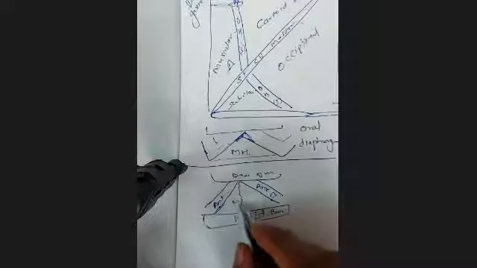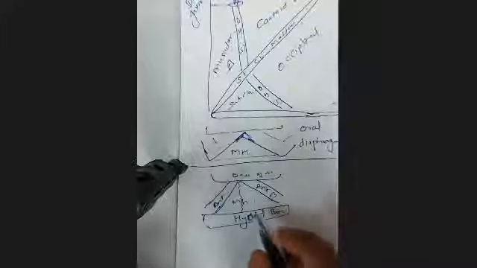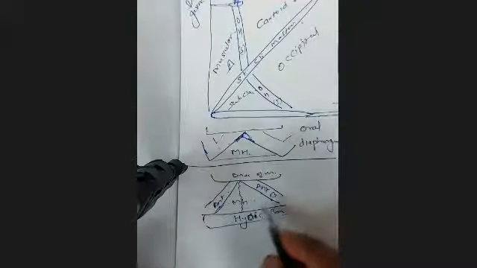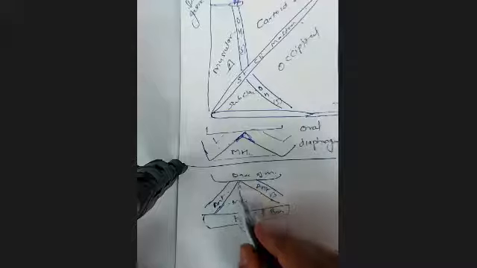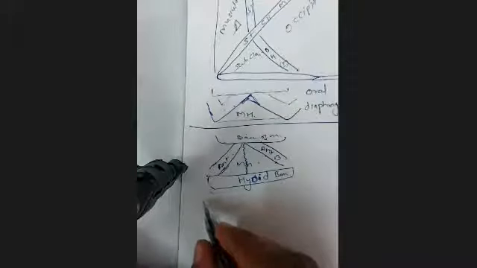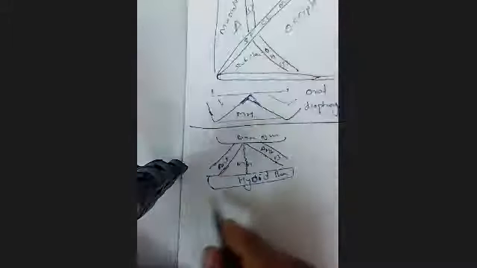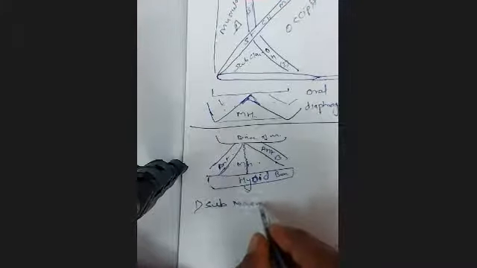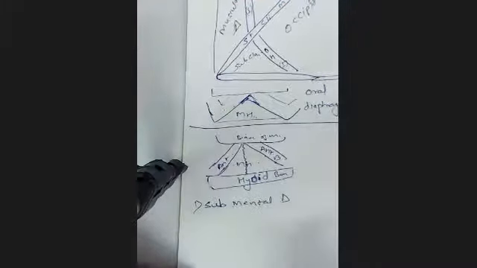And this is the mylohyoid muscle, one side, other side, together uniting to form a median raphe. So there are two mylohyoid muscles on the right side and the left. And there is a median raphe. So the boundaries of this triangle, which is called the submental triangle. This is the first triangle we are studying today, the submental triangle.